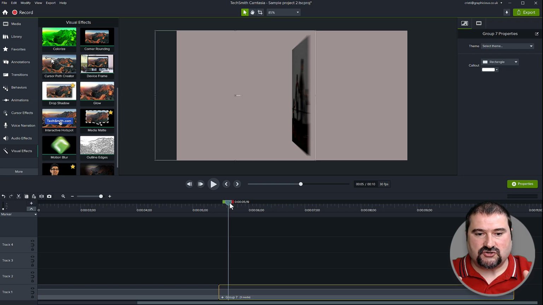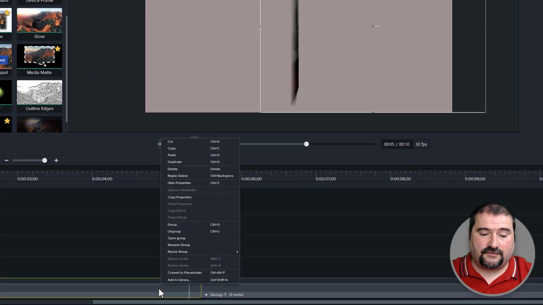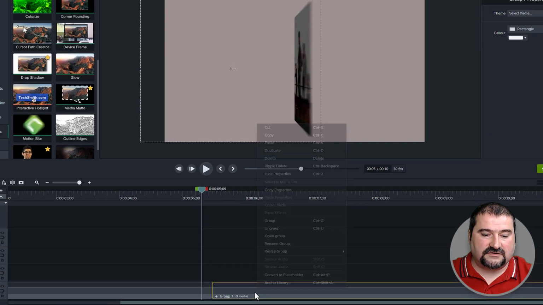We need to make sure that, because we want to reuse these pages on different pages of the flipbook, and we don't want them to be completely berserk every time we change them. So the solution is to resize the group to the canvas size, and then go inside the group and adjust the animation angles. So let me show you. Here we go. Right click on both groups, resize group to canvas size.